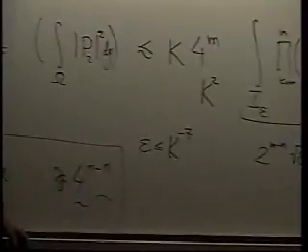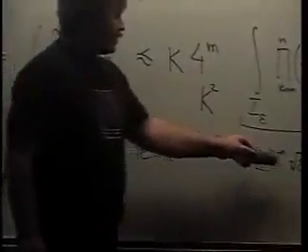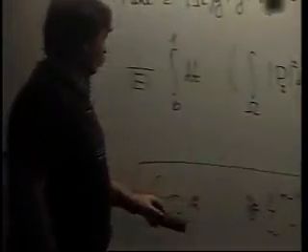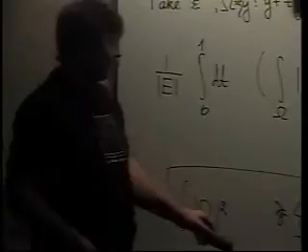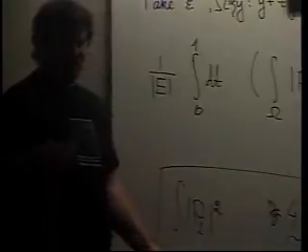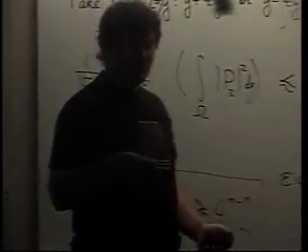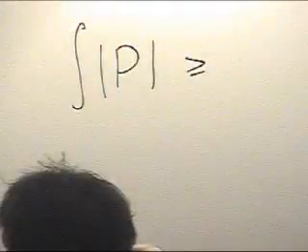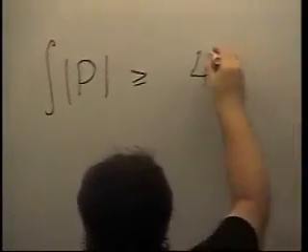which is quite possible, I can choose any epsilon I want, I can say that the integral of P2 squared, at least at one point, over this exceptional set omega is much less than 4 to the power m minus n. So the integral over the good set, where P1 is large, is at least 4 to the power m minus n. And now comes really the next line. So the integral of P, which is P1 times P2, is at least the integral of P2 squared over the good set